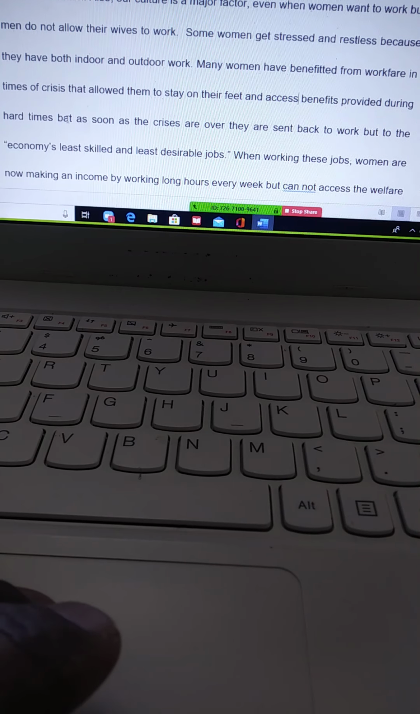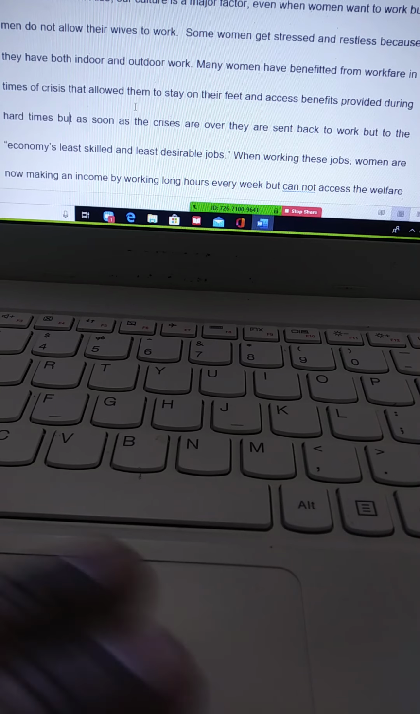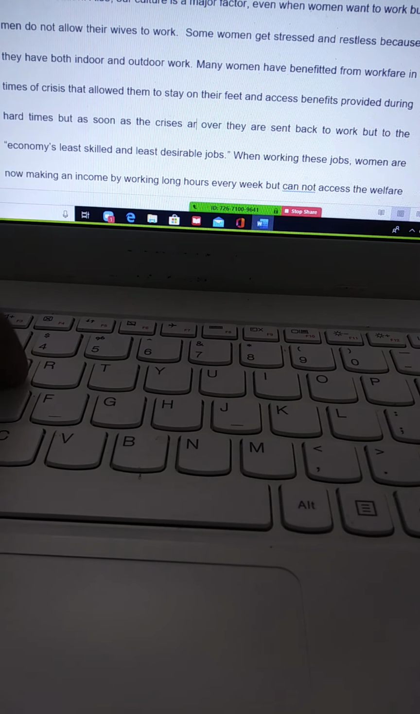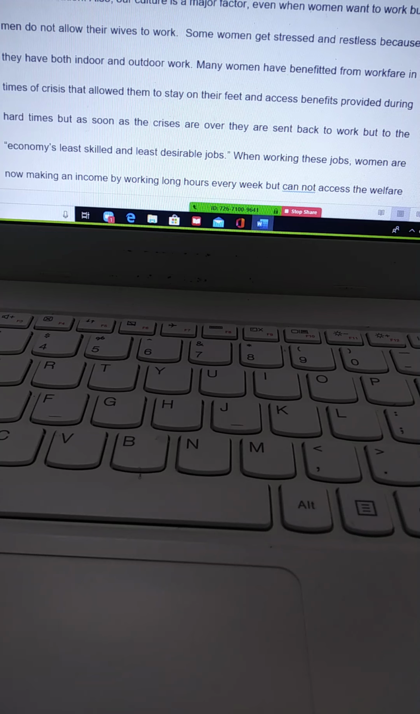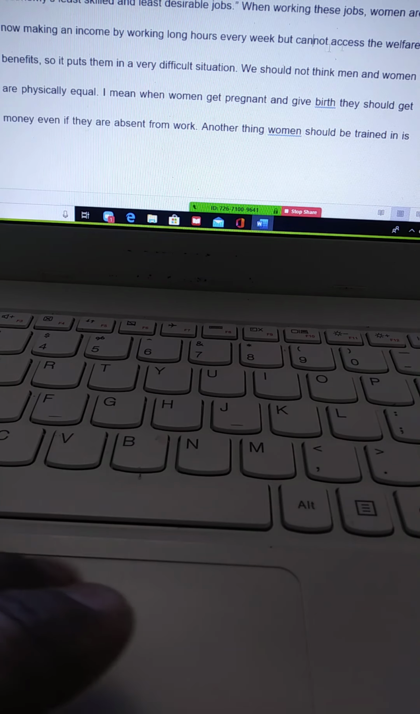But so let's change back to but as soon as the crisis. Let's make that crises. Actually, crises are over. They are sent back to work, but to the economy's least skilled and least desirable jobs. Okay, so when working these jobs, I think this is good. Women are now making an income by working long hours every week, but cannot. Right, so cannot is one word. Cannot access the welfare. Cannot access the